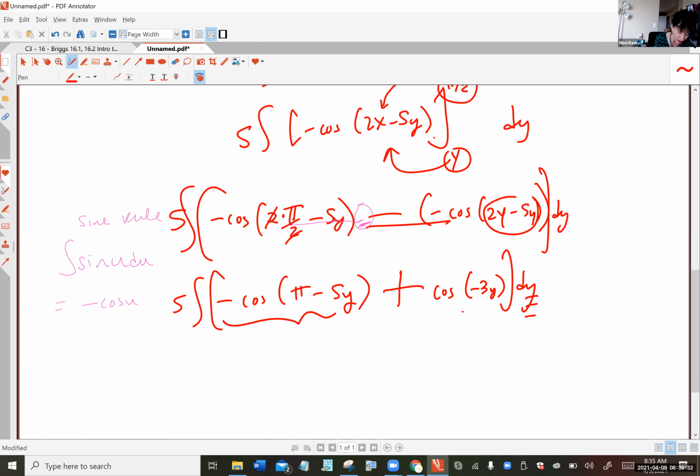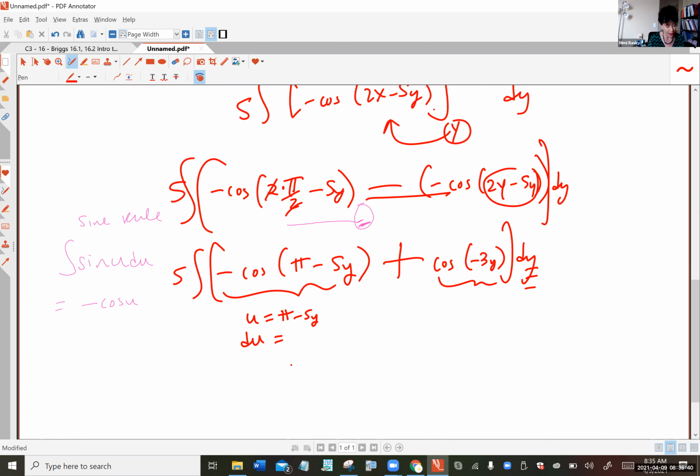So you have two completely different cosines, so you're going to have two completely different u and du's. Maybe I should use different letters here, but I'm just going to use u for this guy as pi minus 5y. So the du is negative 5 dy. So he'll need a negative 5 in there. And then I'll do this one separately. This u is negative 3y, so his du is negative 3